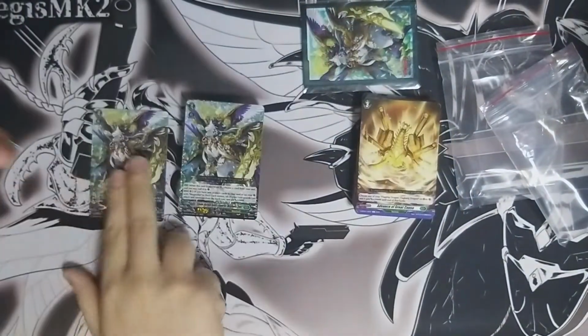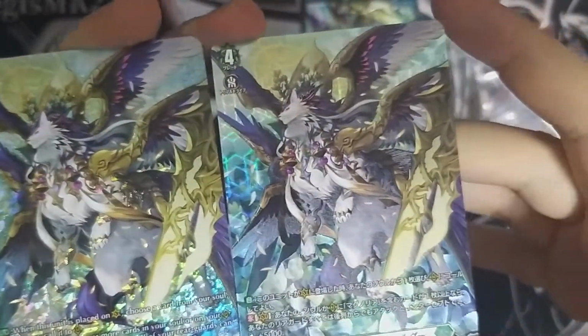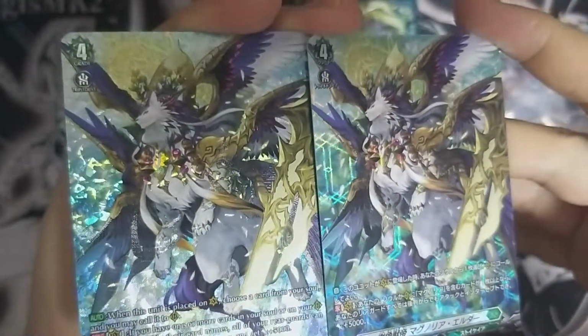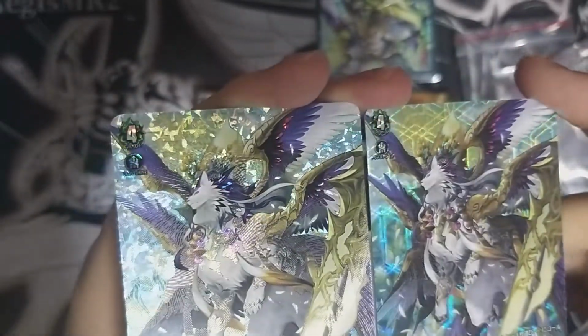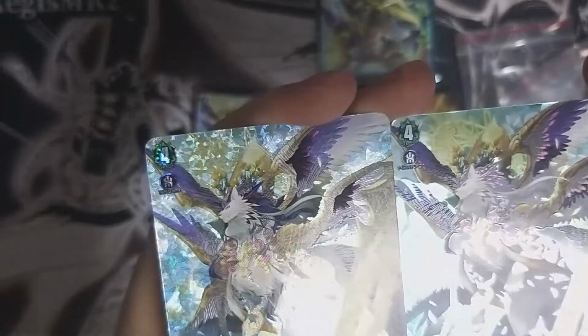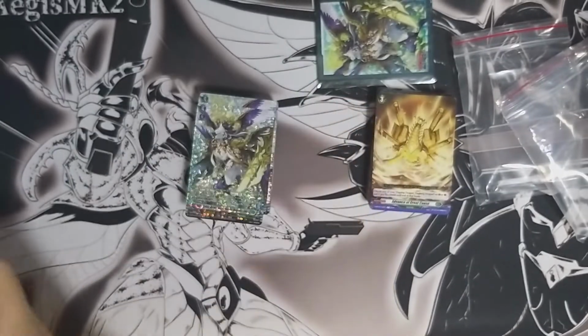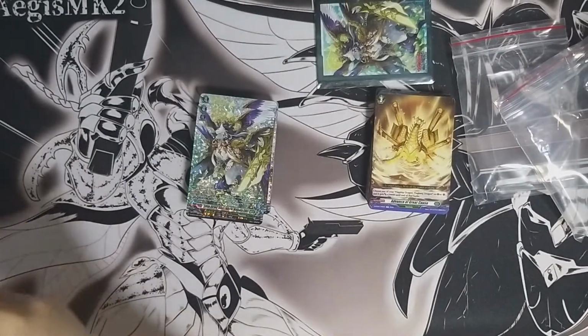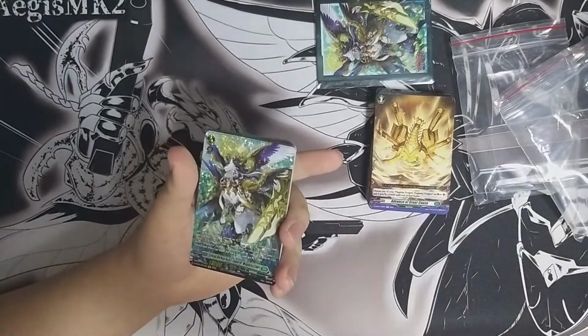Yeah, so we put 2 together, you can see that they kind of a difference when we look at the cards. Yeah, the art I think is basically the same, but the way of foiling is different. So yeah, here we are. We have the comparison right away, which is great. At least they look different, and if you are like a collector of the multiple languages, then have fun with